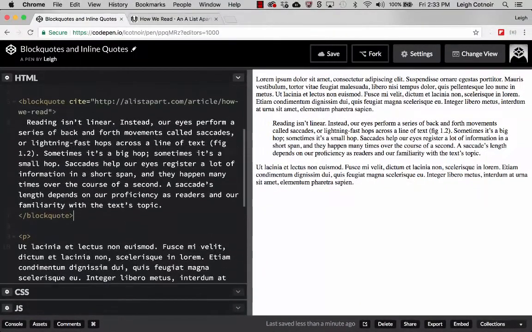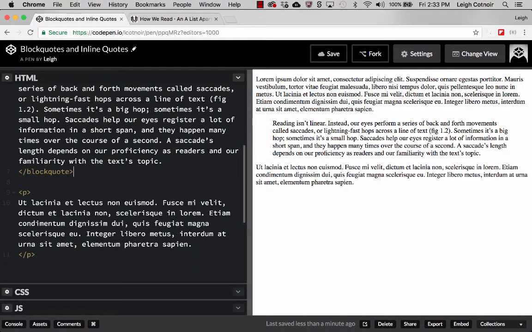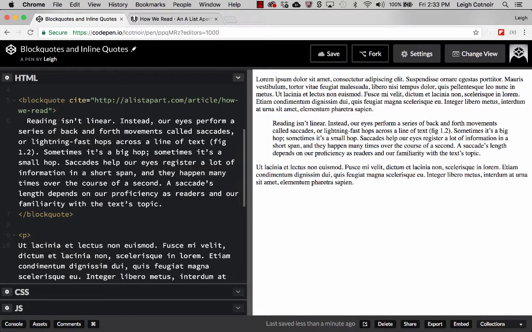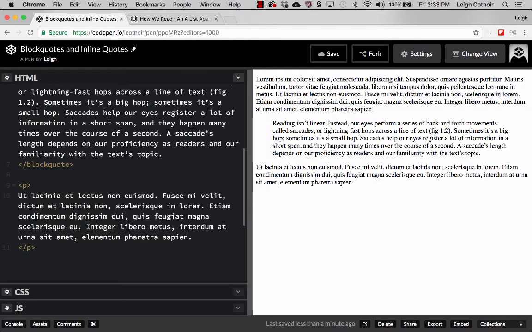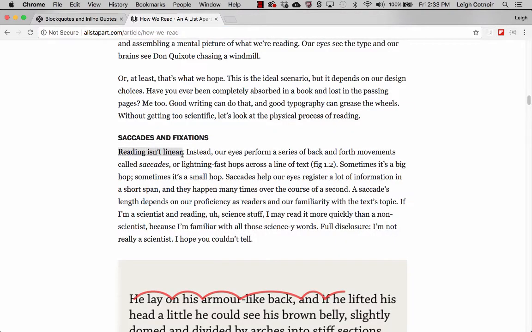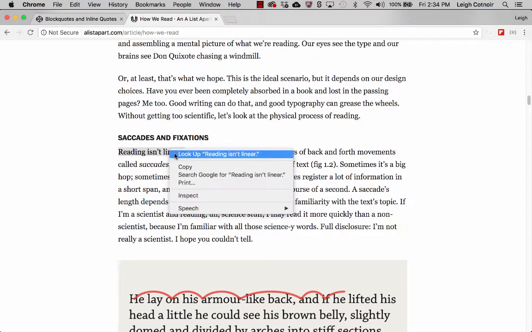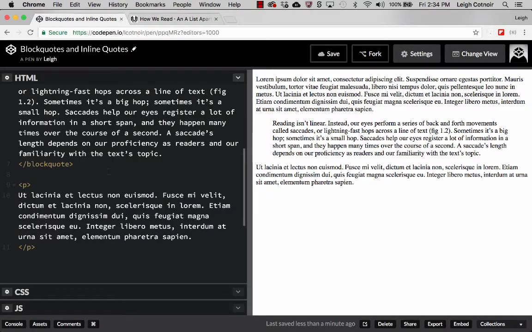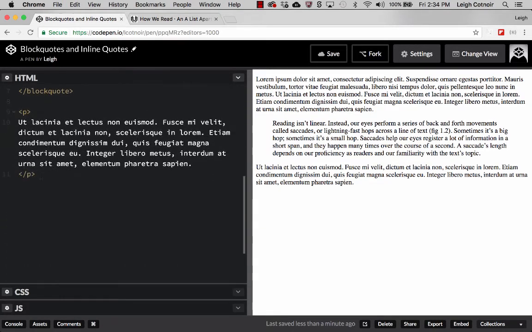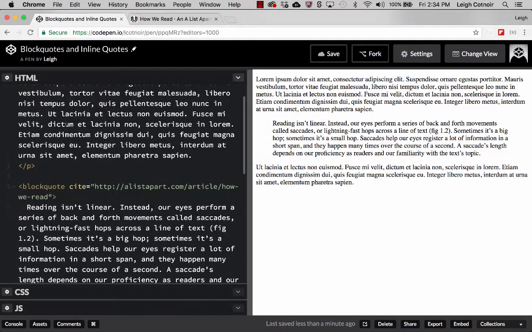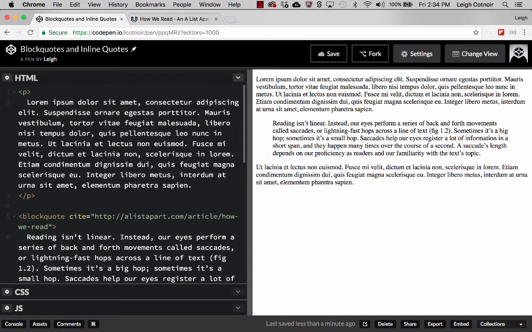Now, there might be an instance where you don't want to use all these different lines. So what you can also do is have an inline quote. So if we jump over here, maybe all we want to do is just say reading isn't linear. So I'm going to copy this into my clipboard, and then I'll go over here again, and let's just say that in the first part of our paragraph, we'll just start off by saying,